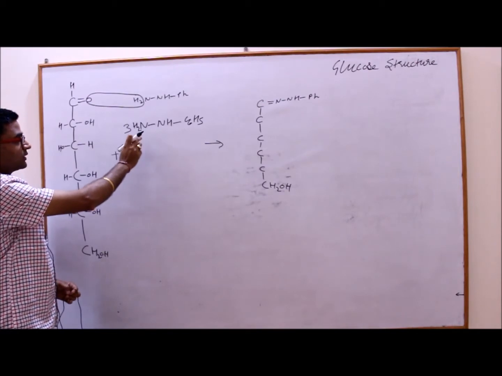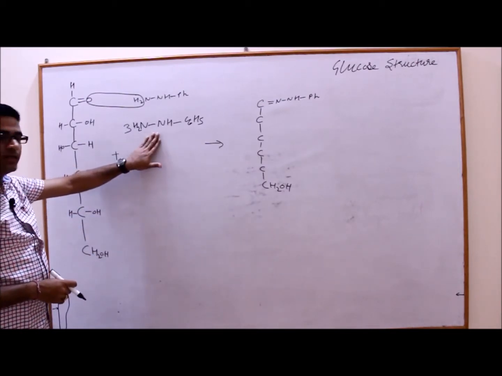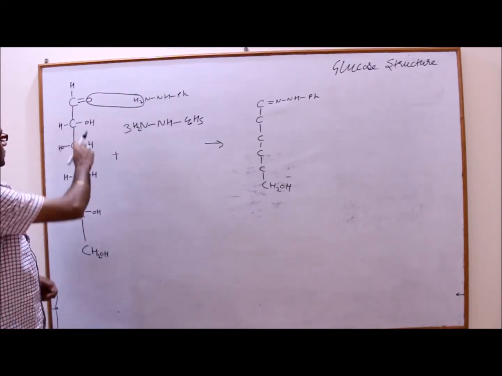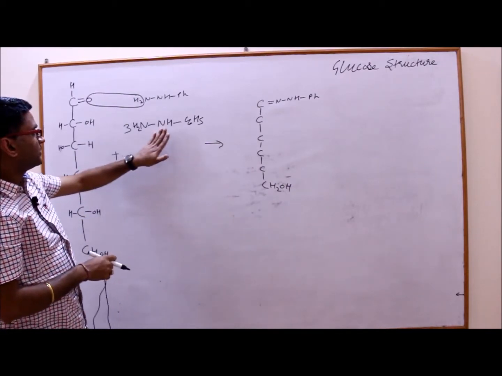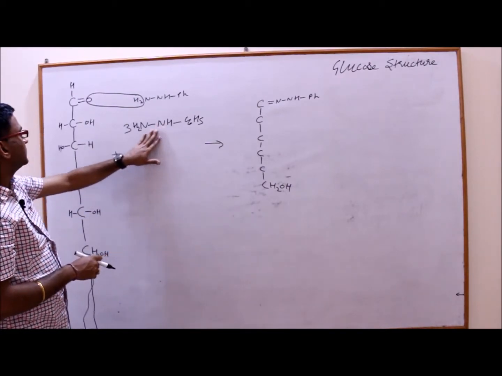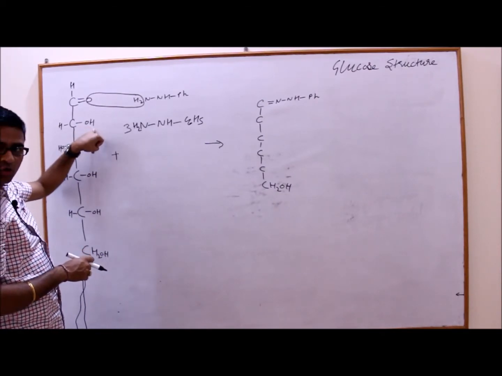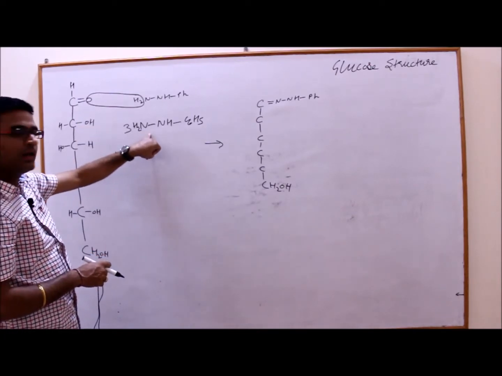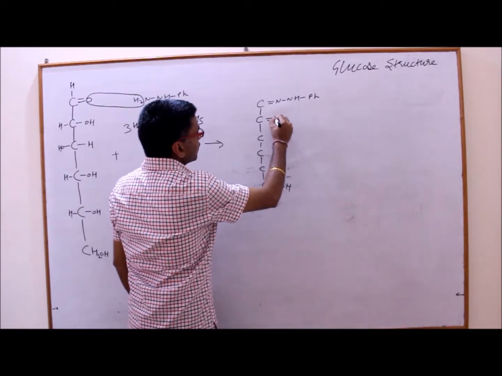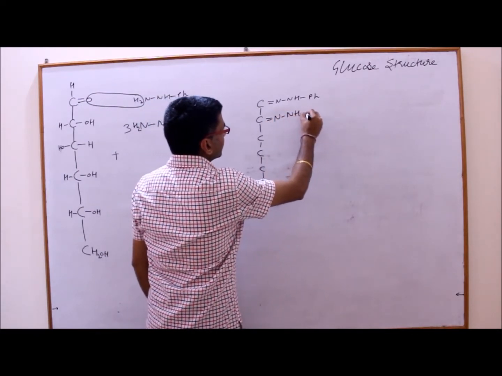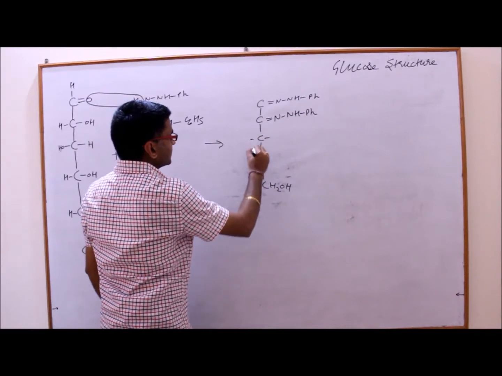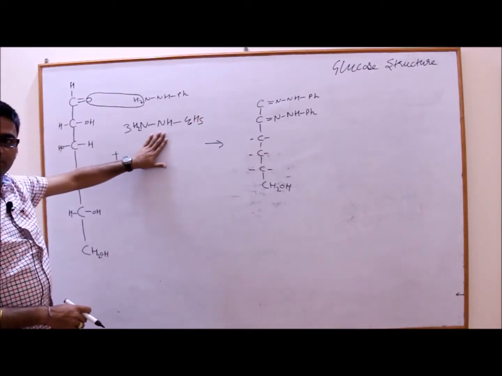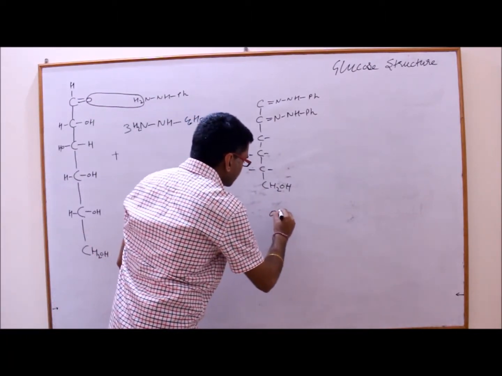Now the second molecule comes. The function of the second molecule is to oxidize this alcohol into a ketone group. So the second function of the second molecule of hydrazine is to convert alcohol into a ketone group, and then that ketone group reacts with the third molecule of phenyl hydrazine to form osazone. The structure is the same as glucose. Okay, so 2 molecules get added but 3 are consumed, and this molecule is osazone,